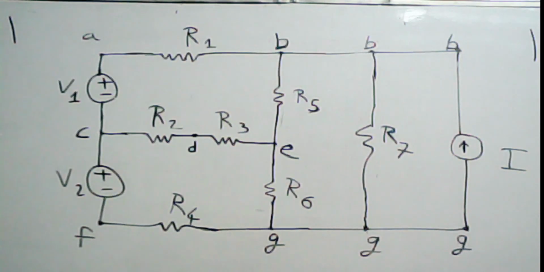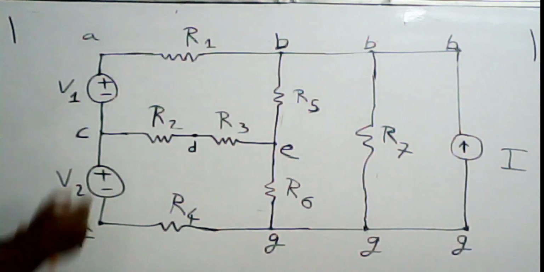If you are given a circuit, then how to find which one is a loop, which one is a mesh, which one is a node, which one is an essential node, which one is a branch, and which one is an essential branch. So firstly, we'll be going through this network, and then we'll go to the definitions once we go through the slides. In the slides, we'll see the exact definitions. For now, we will just be understanding what these terms basically are.